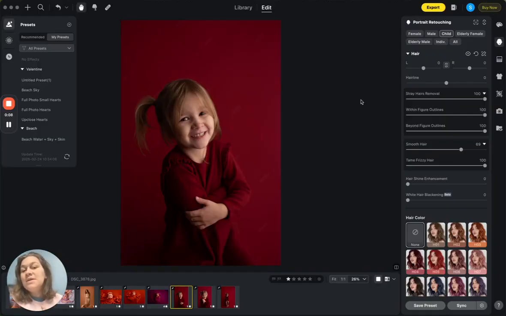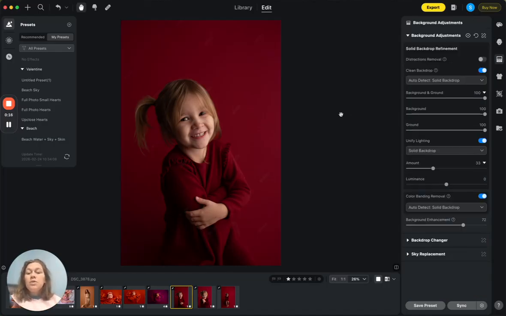Let's work in Evoto to change the background of our image. If you are working with seamless paper or you have a backdrop with a baby or a maternity shoot, any of these are going to be able to work with what we're doing today. So I'm going to show you how to add a texture or a background to your images really